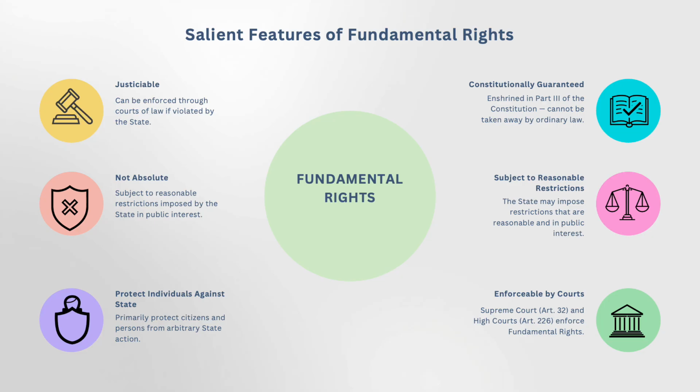Now, it protects individuals against the state. And when you are being protected against the state, it means it's a negative right. There's a difference between negative and positive right. Positive means the state can directly order to protect. But when the state is restrained to give protection in some cases, that is called a negative right. So this is a negative right: protection against the state. The state cannot do harm towards us. So that's the meaning.